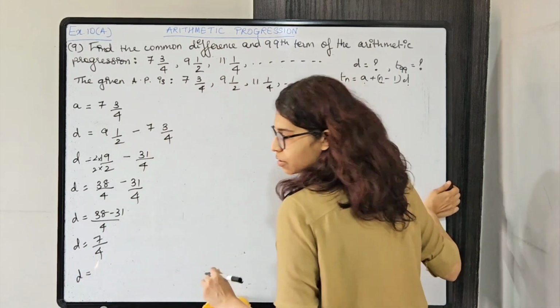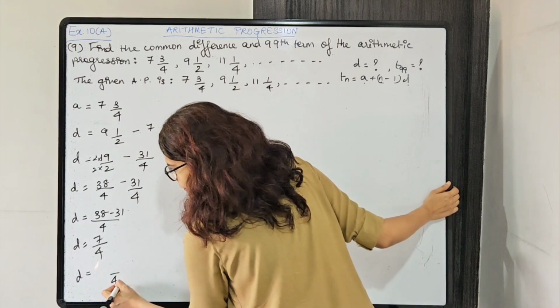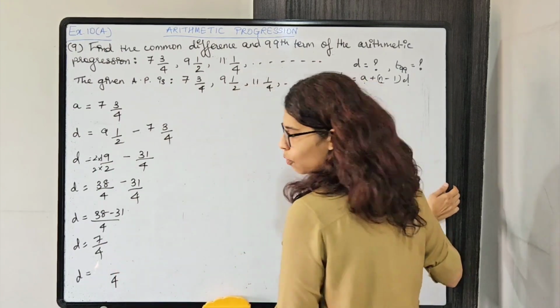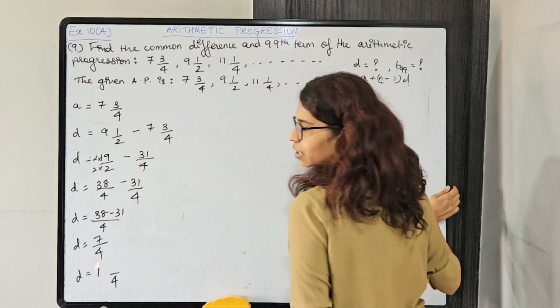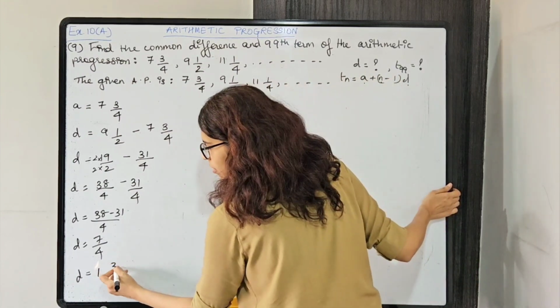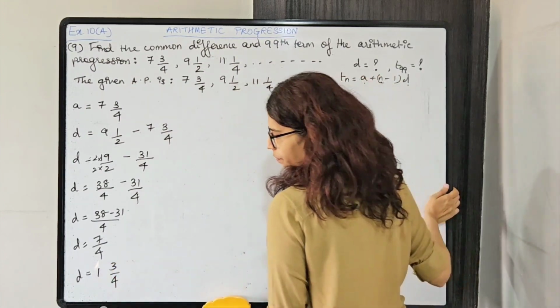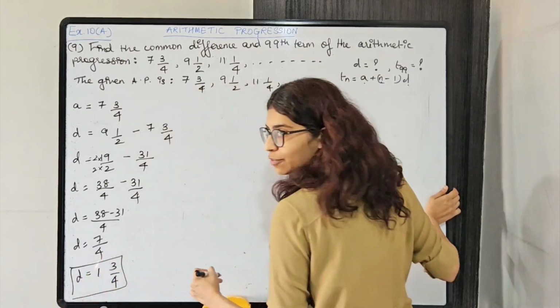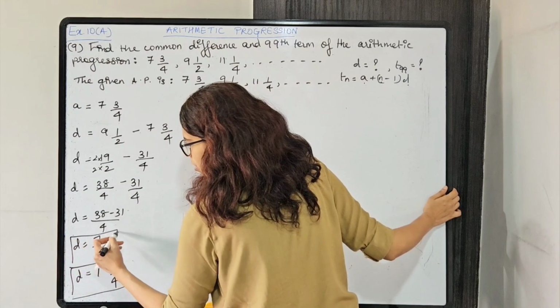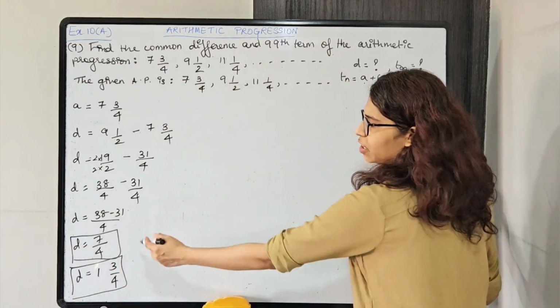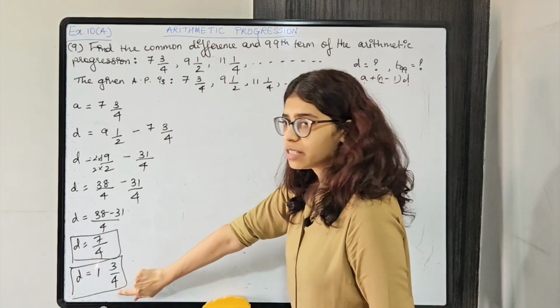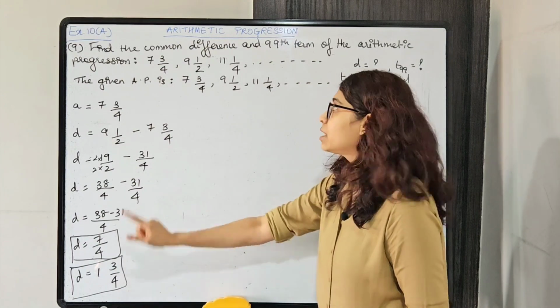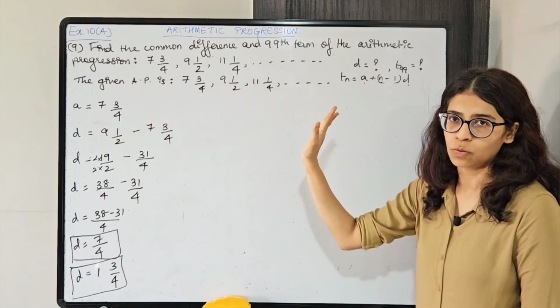and convert this. So dividing 7/4, 4 1s are 4 and remainder will be 3. ठीक है? So D का वैल्यू 1 and 3/4 है और 7/4. Okay, any one you can box. I would suggest mixed fraction form में लिखो because यहाँ पे भी mixed fraction form में ही लिखा हुआ है. Okay,